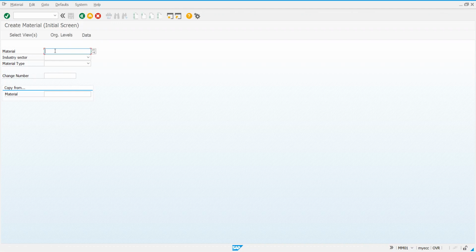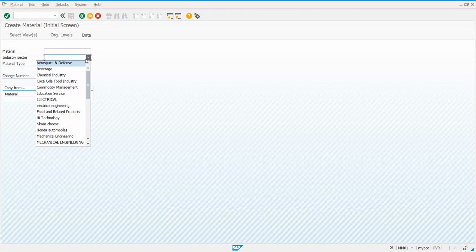This is something what I told you while creating number range. If you refer back to video, I have explained that part, internal, external, saying user. Now this I leave it blank so that system will generate the number. I am allowing system to generate. I will click on this.